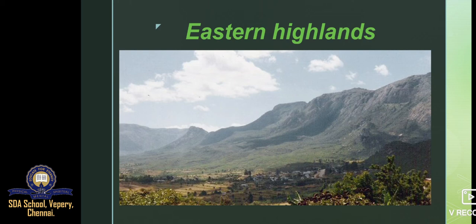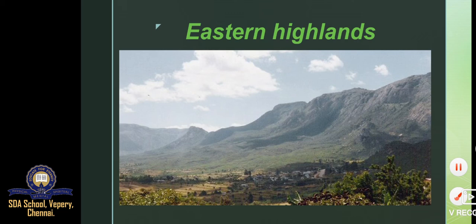The highest part of these highlands is near the east coast of Brazil along the Atlantic Ocean. Most of the rivers which originate from these highlands, except the San Francisco River, flow inland and join the Parana River.